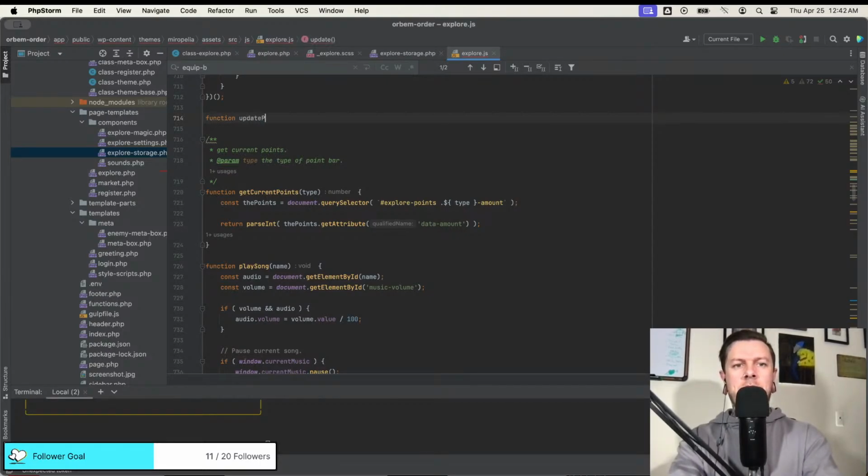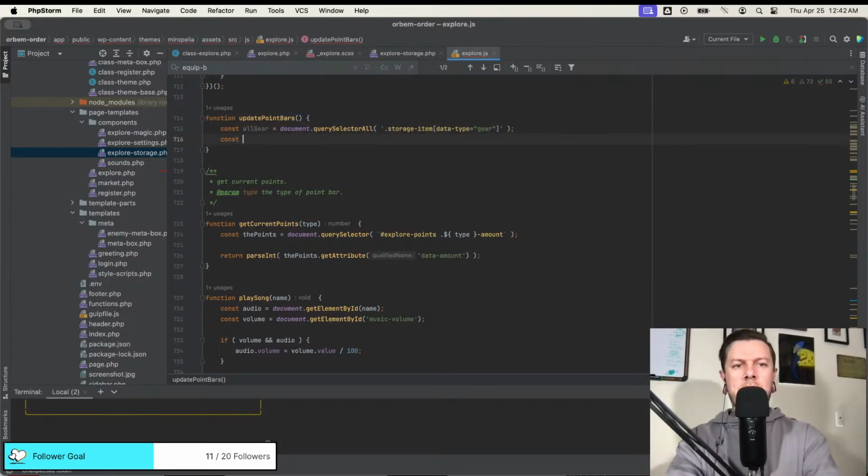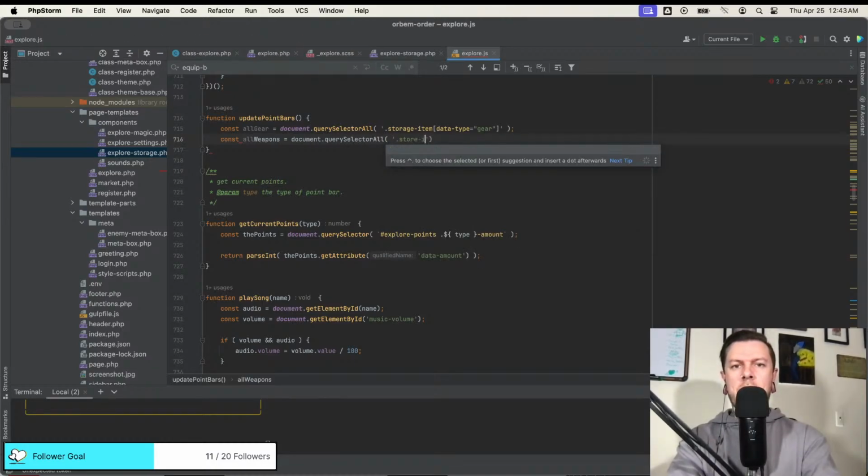Function update point bars. Coolio. We'll get all the gear. We'll get all the weapons. Alright. Which is storage item, data type, weapons.